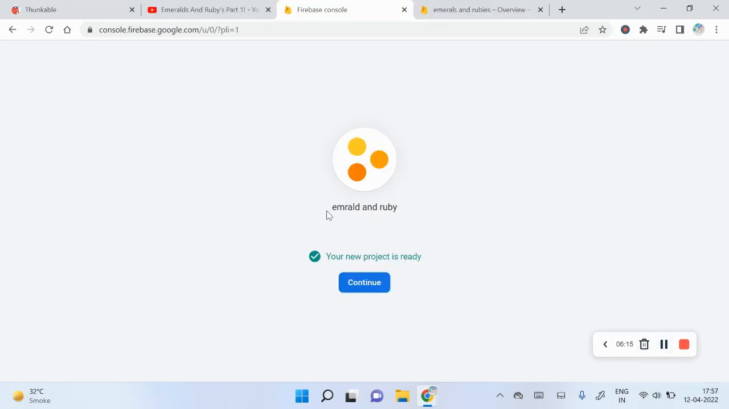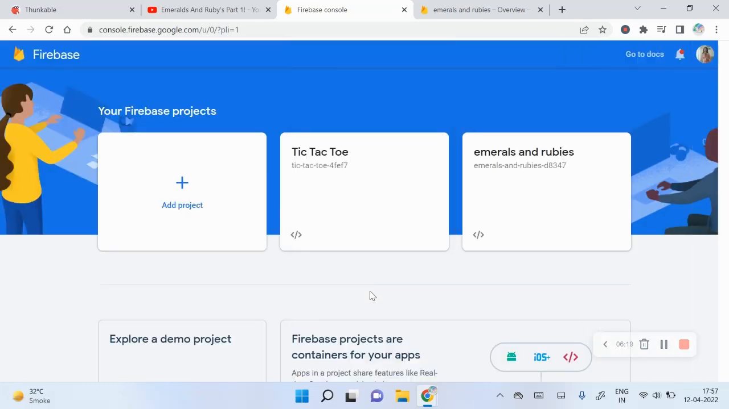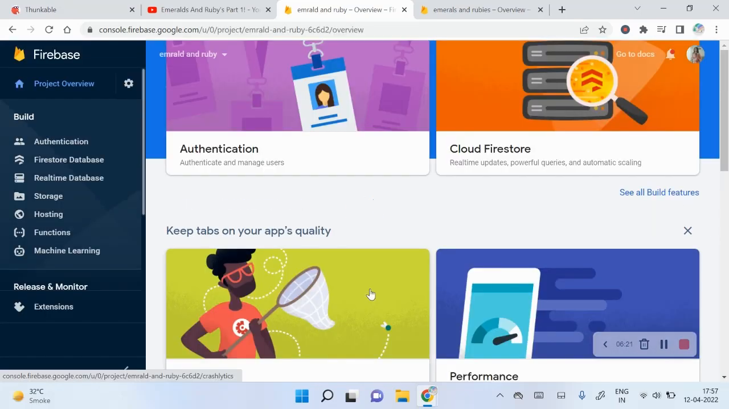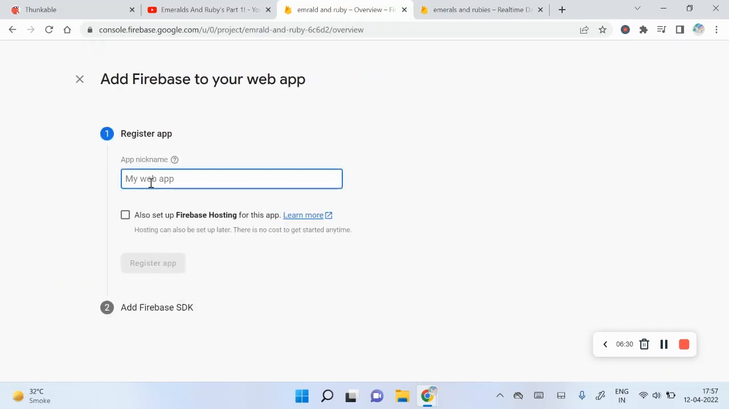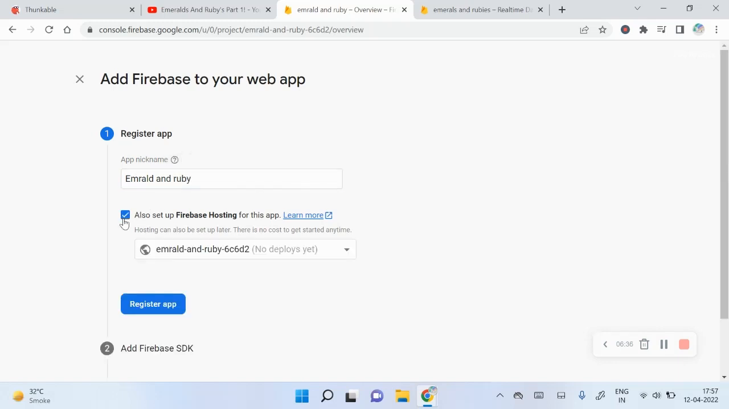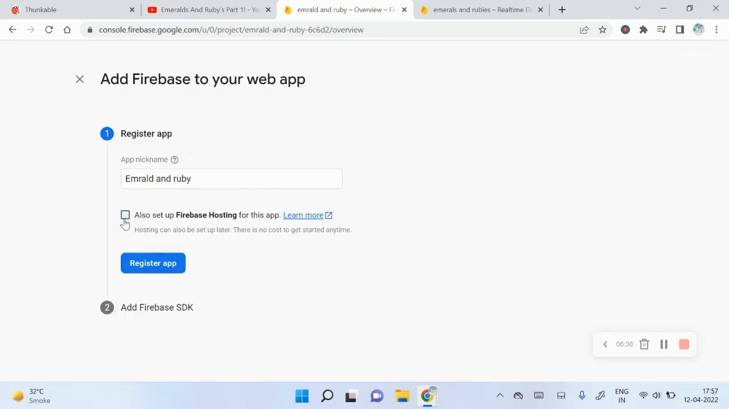Okay, so it's ready. Here it's showing the name Emerald and Ruby. Your new project is ready. Click continue. Now this page will open. What you have to do is click over here on web. You need to give a name for it, so I'll give the same name, Emerald and Ruby. I also set up private hosting. No, just click